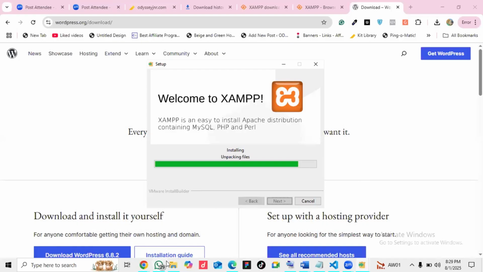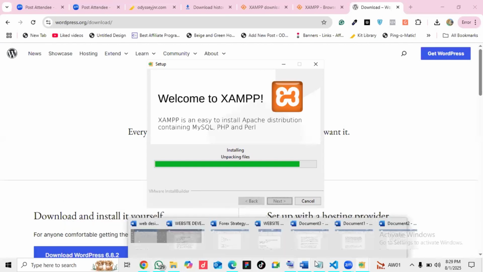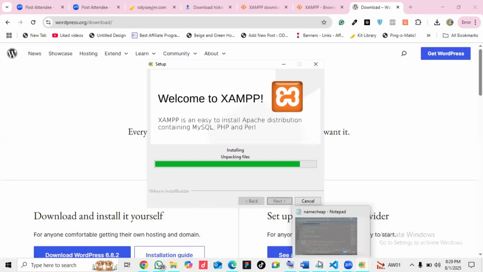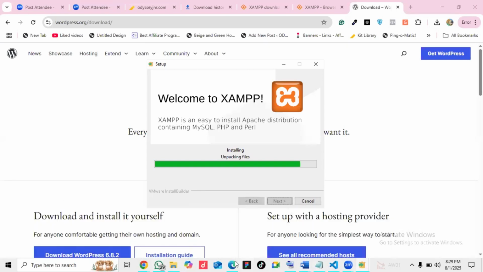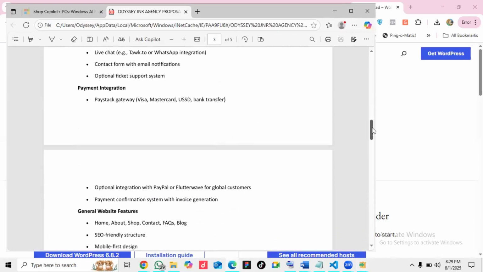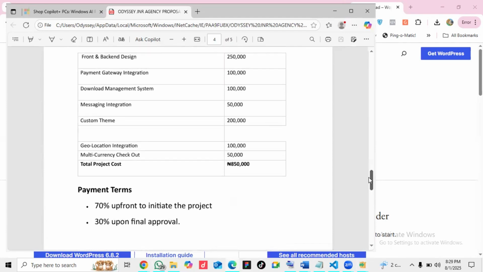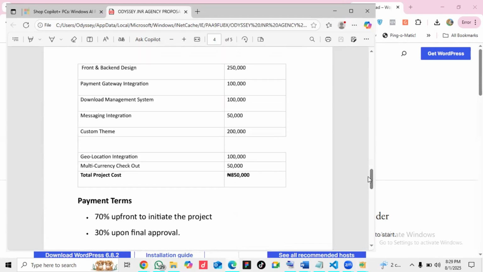Just imagine you are able, in a month or maybe even in a year, to get one client that should pay you this amount, a client that will pay you just 850,000 naira just to design WordPress websites. In the minimum wage, you know what it is now. Some people in a full year can't be able to get this, and I can tell you now, within a week,